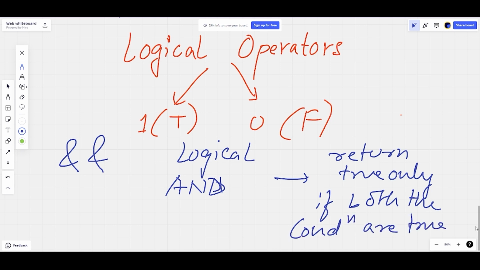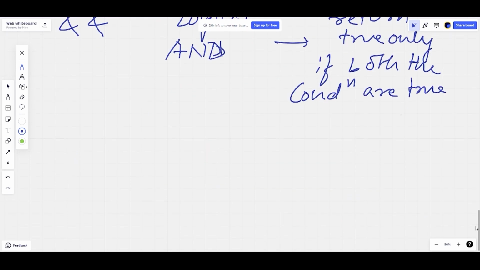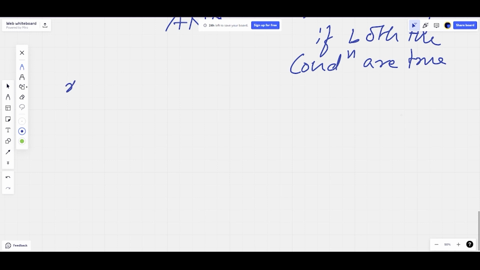That means if you have two conditions together and you have connected them with the logical AND, both conditions should be true, then only the outcome will be true. If I give an example, if I write here x = 1, and in the next line I'm writing x < 4 && x < 10.